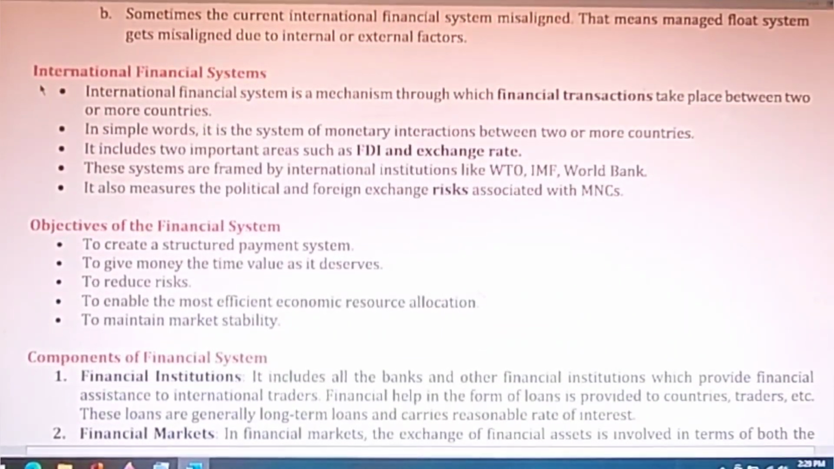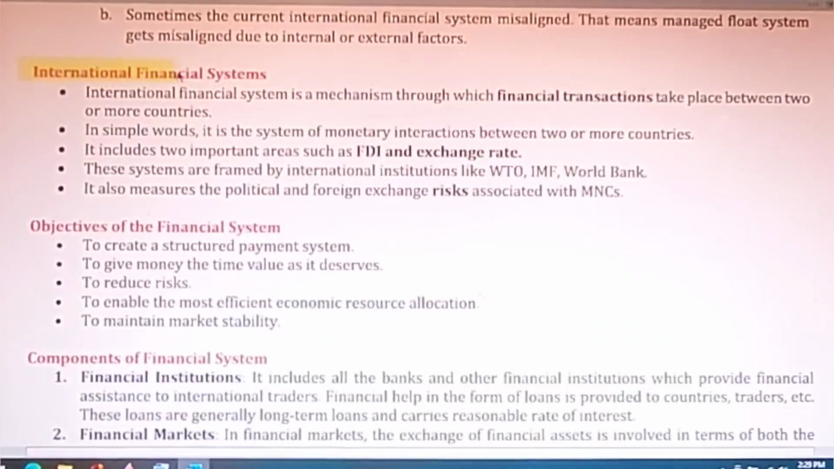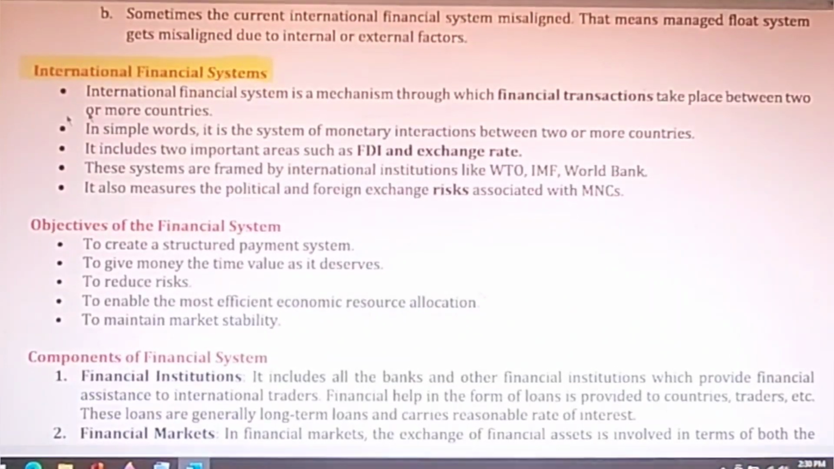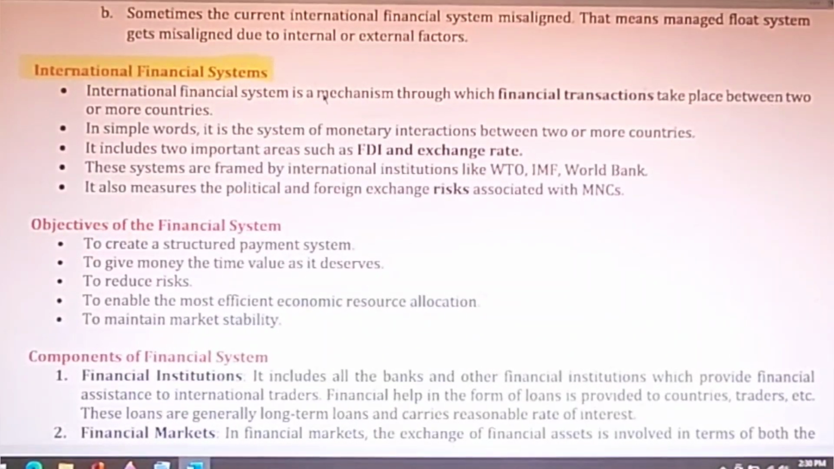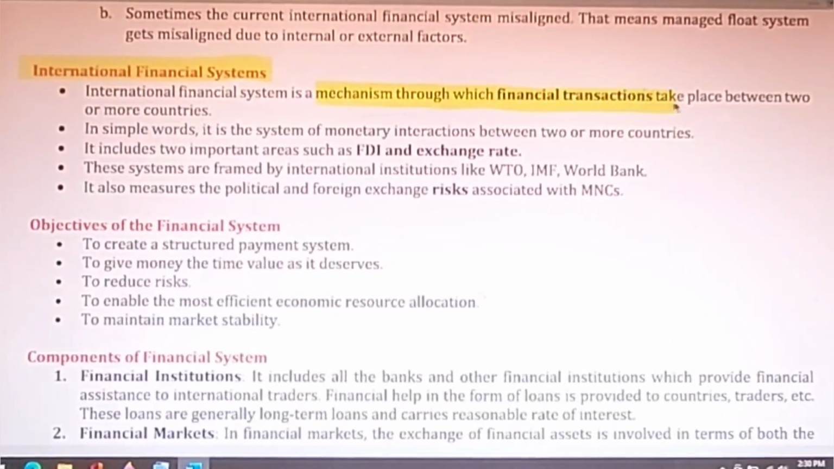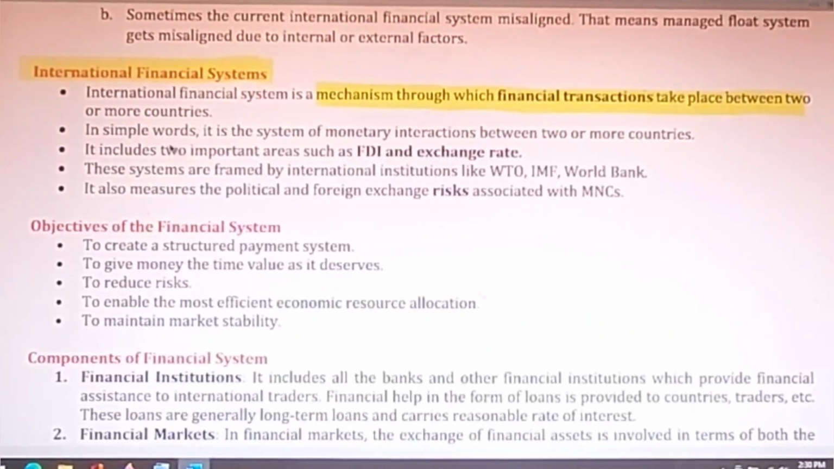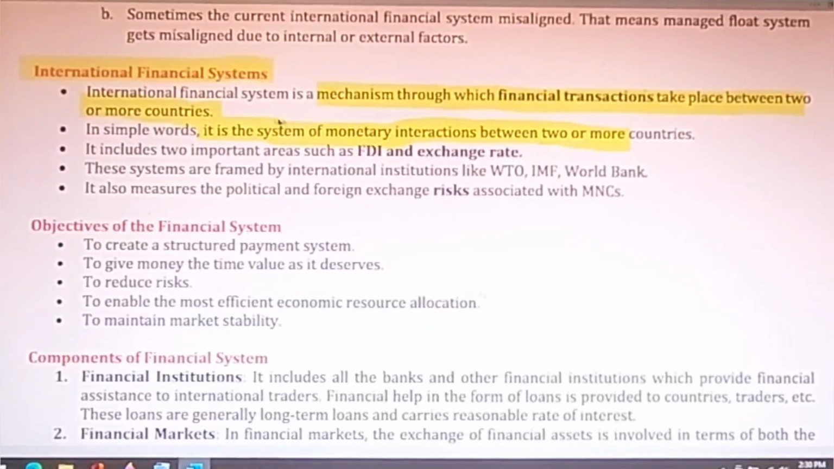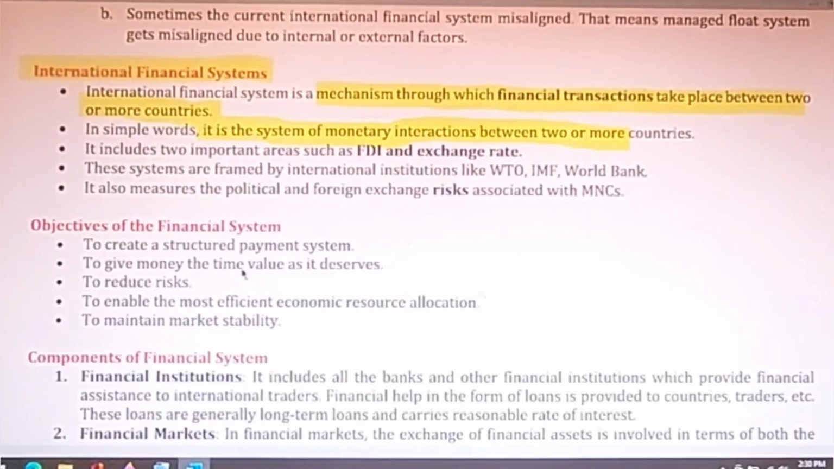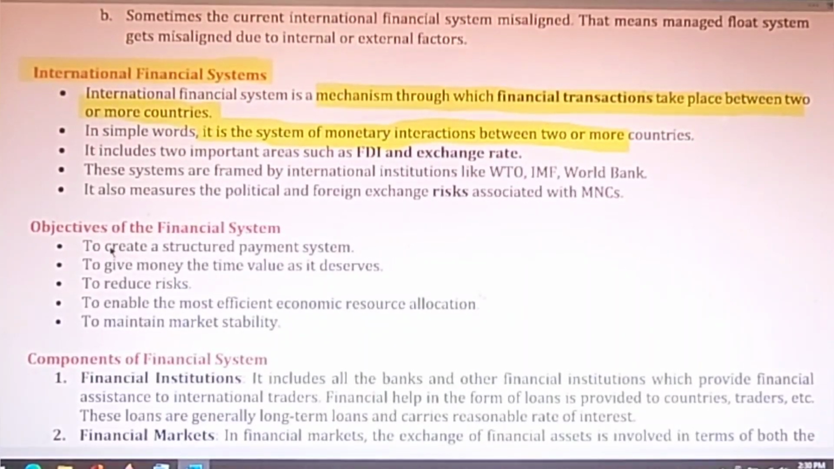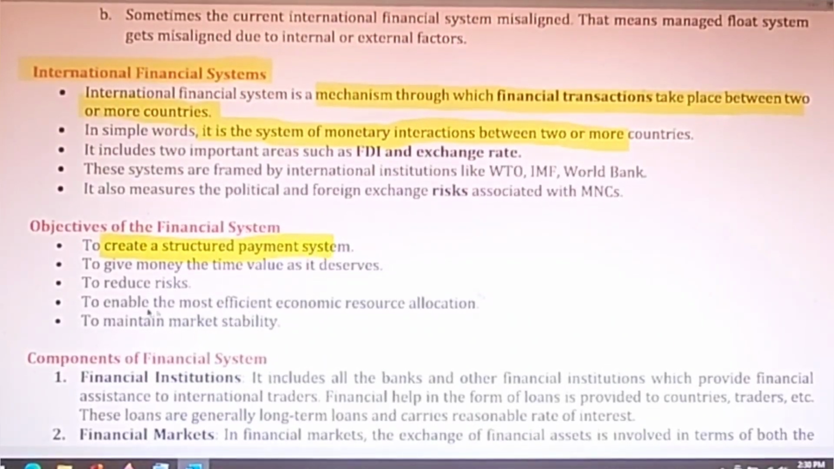First try to understand what the international financial system is. Basically, it is a mechanism through which financial transactions take place between two or more countries. In simpler words, it is a system of monetary interactions between two or more countries. The main objectives of the financial system are to create a structured, uniform payment system,